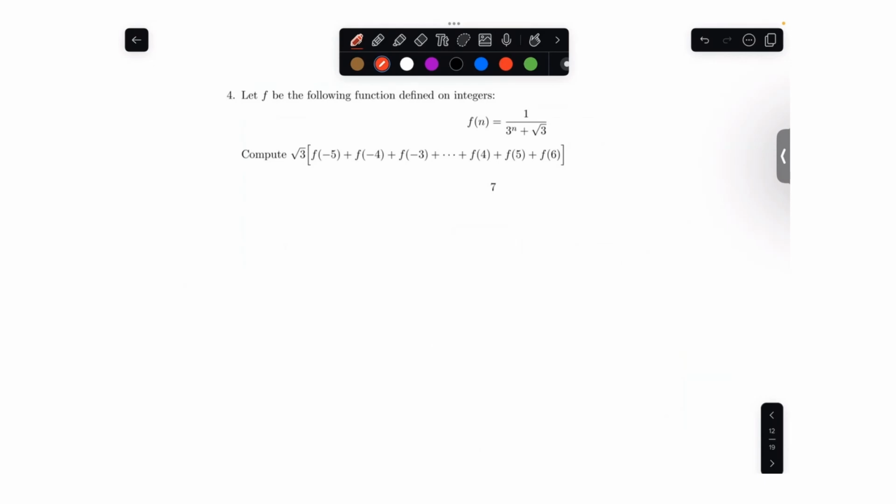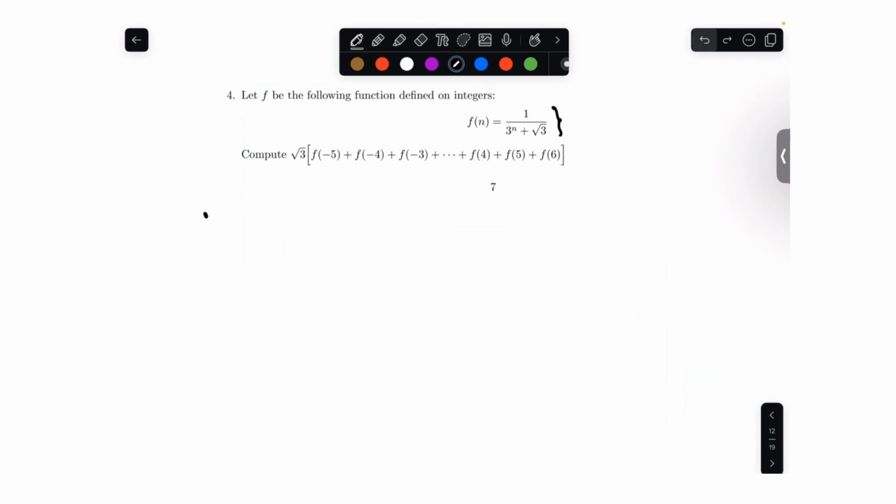So it asks that f is a following function defined as follows. F of n, okay, sounds good. If you compute this value, this looks pretty straightforward, but the function is over like -5 to 6, so that's kind of computational in nature. So this kind of tells you that, number one, that